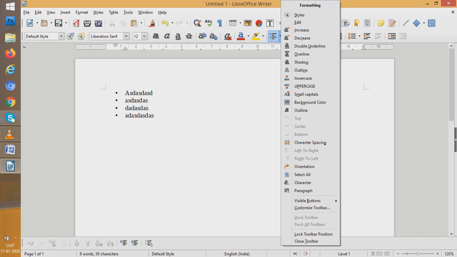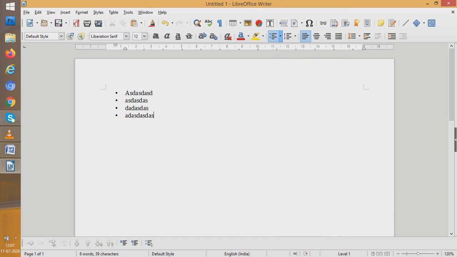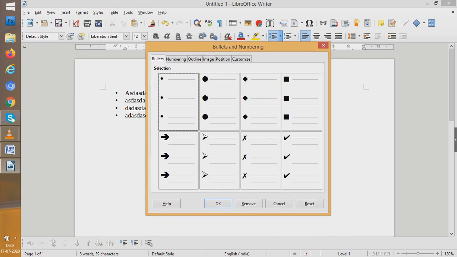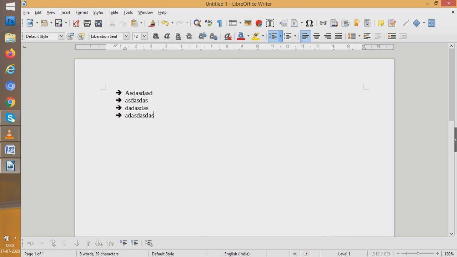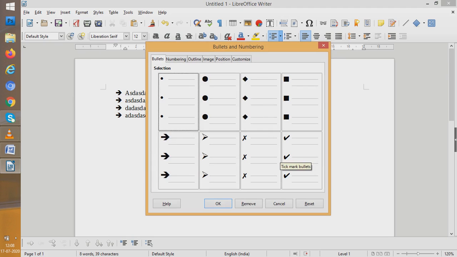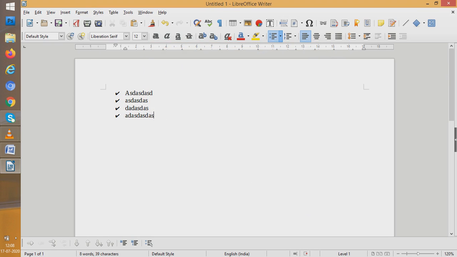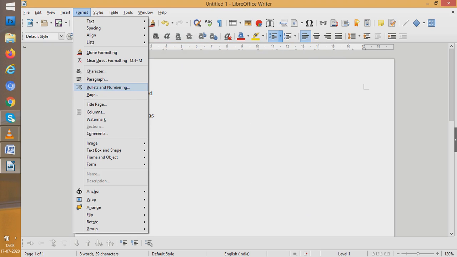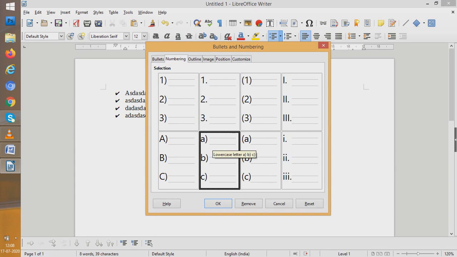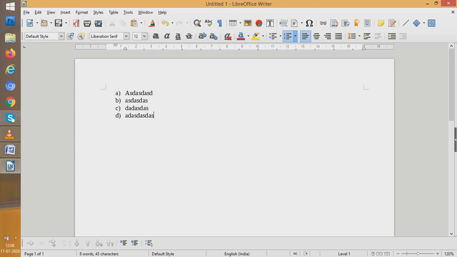Different types of bullets can be given. How can you give different types of bullets? In formatting, there is an option called bullets and numbering. You can go and choose the different types of bullets from here. If I give this, then everything changes to this given arrow. Whatever you want to give as bullets and numbering, you can use from here. Now similarly, if you want to give numbers, how do we give numbers? We'll go to numbering. Any number you give, you say OK, now it becomes numbers. So you can give bullets and numberings.